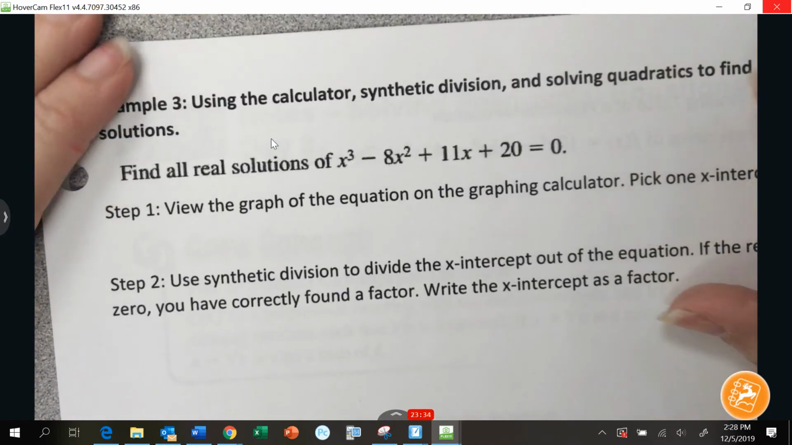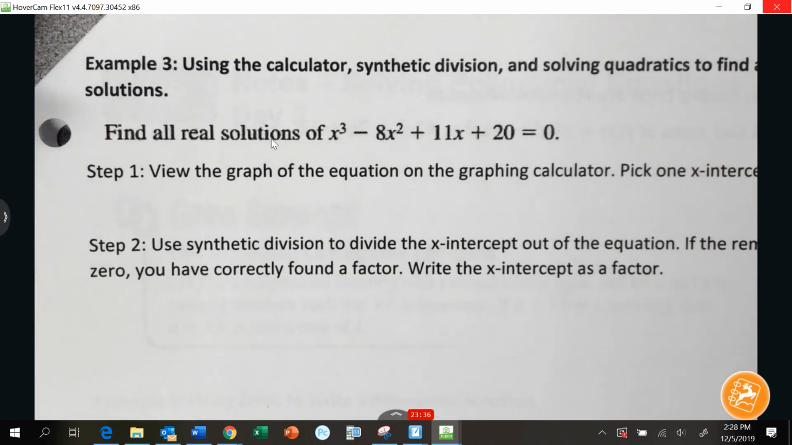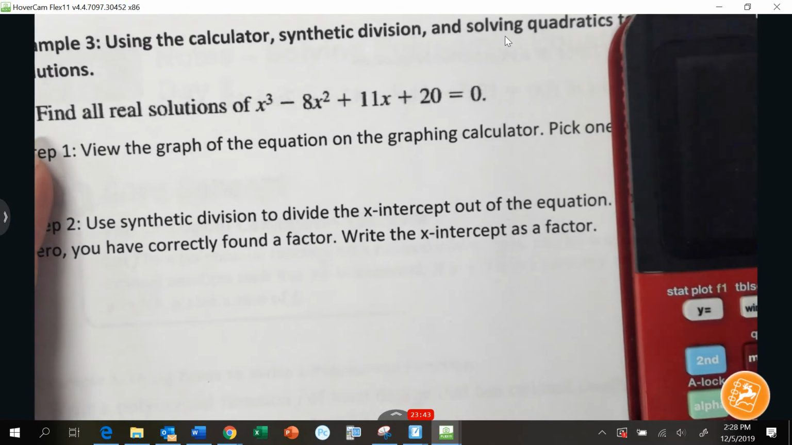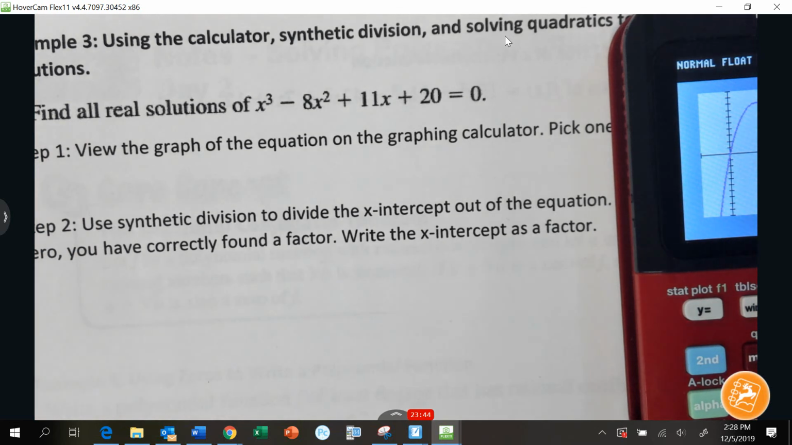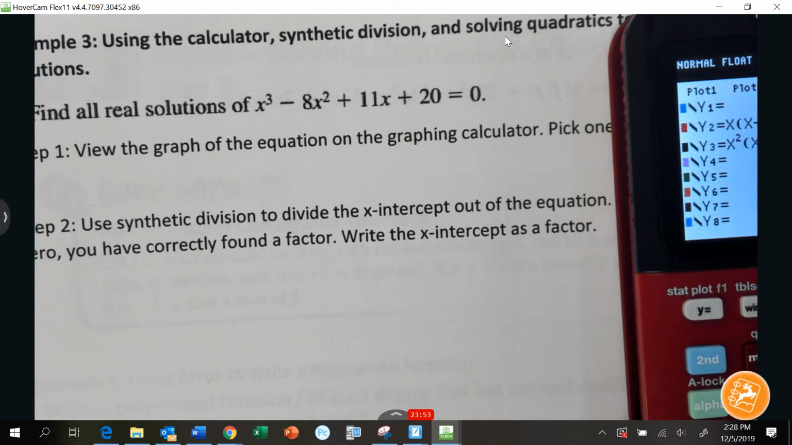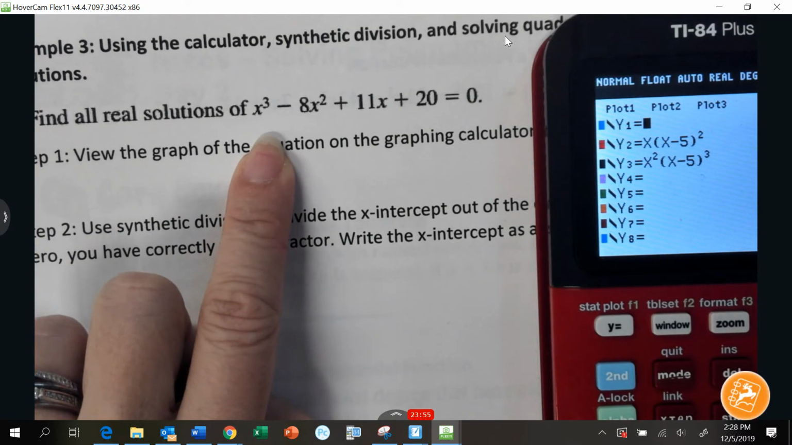More from this. Using calculator question. We may have to review this more next time I see you, but I'm going to do one more. You're going to go ahead and I do want you to do this with me. Type in